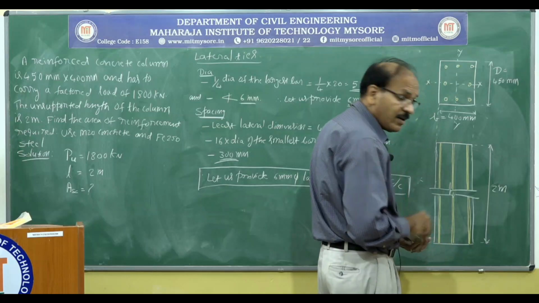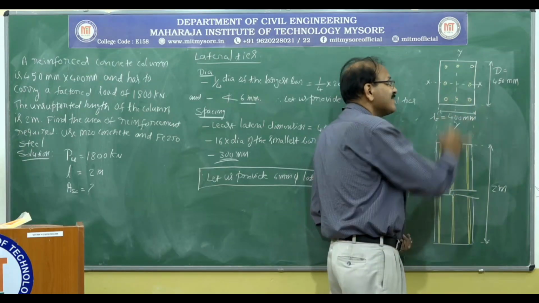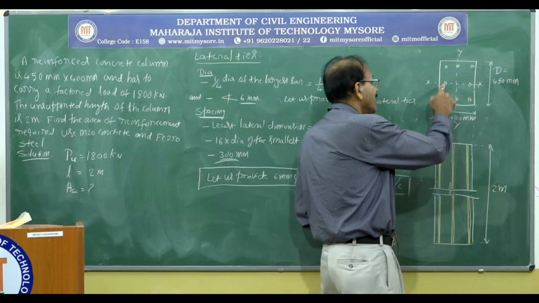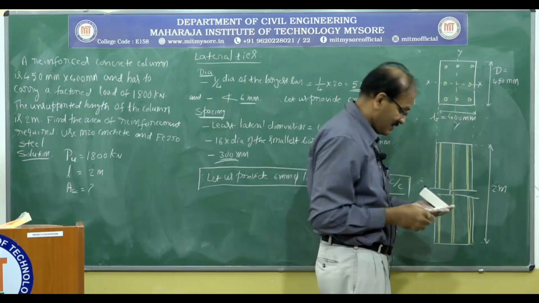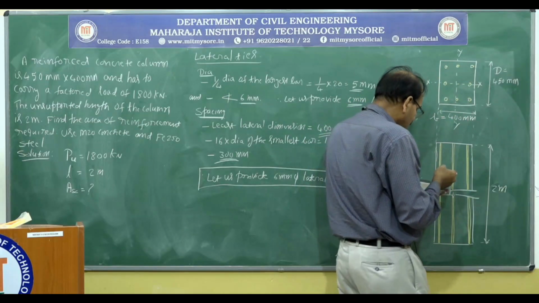Okay. So in the elevation we are going to see only these 3 bars, and the rest of the bars are hidden behind. So lateral ties,